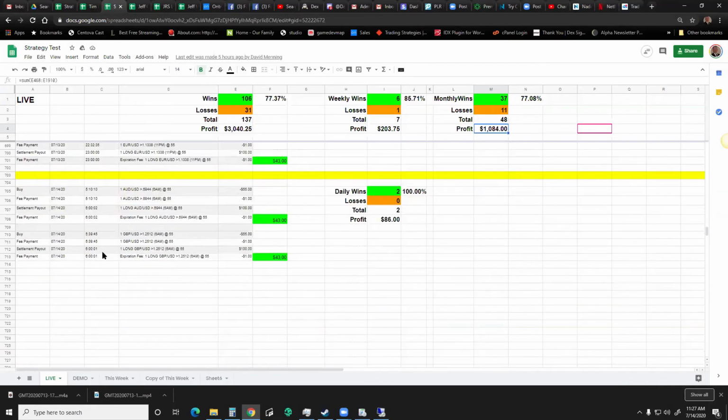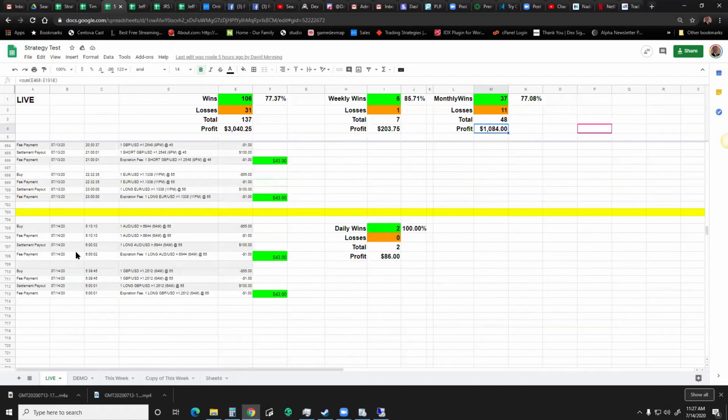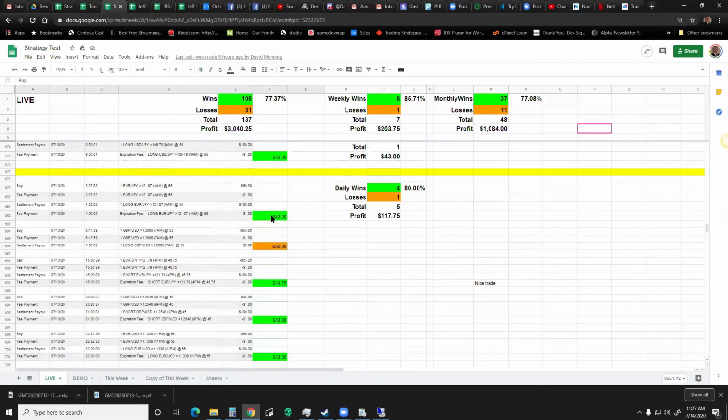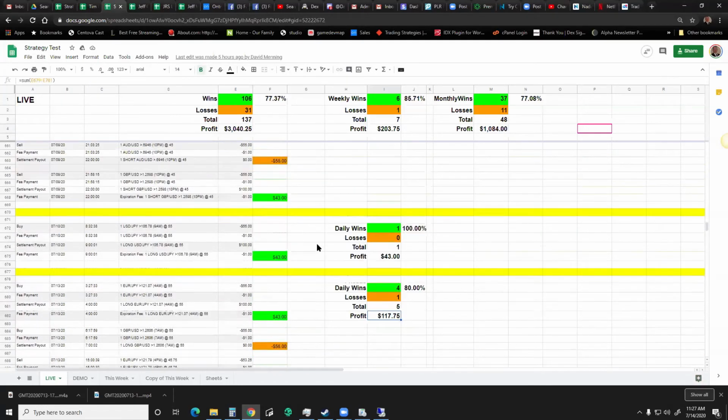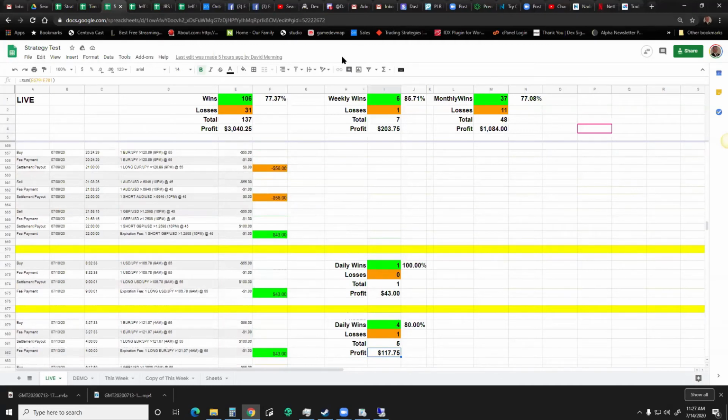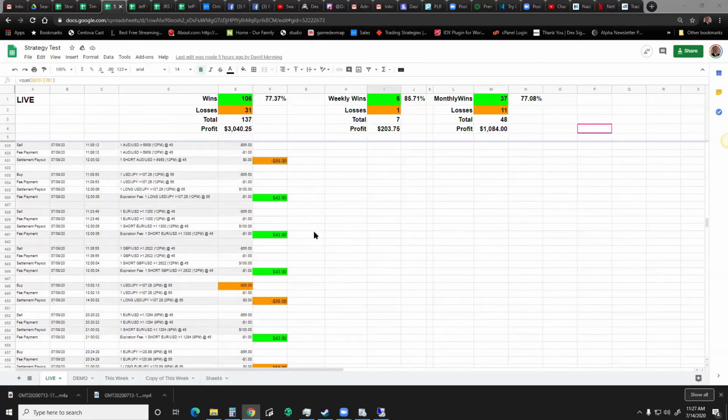Being retired, sitting down, how much work does he have to do in a day? Well, these 2 trades came out at the same exact time. He was able to decipher and get into both of them. And he did well. He made his money. This is his day yesterday. For the 13th, made 117. I think his daily goal is $100. What can any one of you do with $100 extra a day?